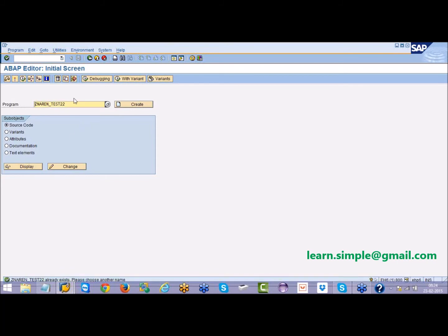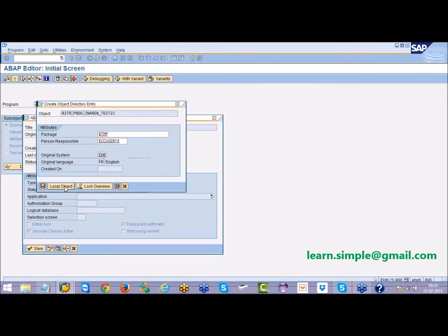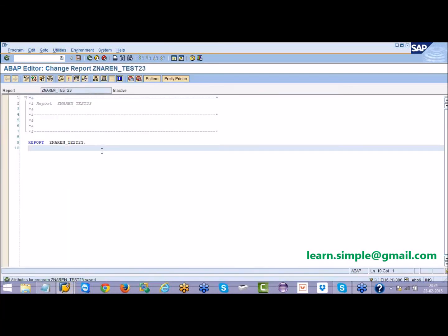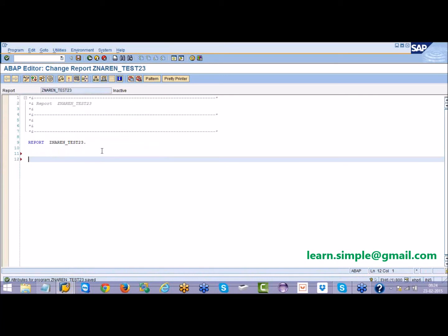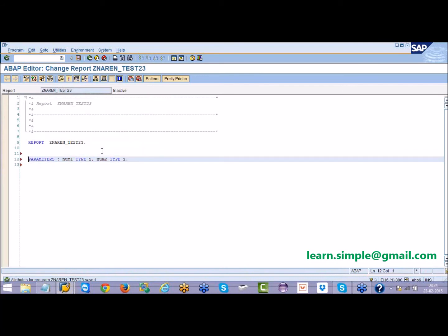So I'll create a sample program. I'll say parameters num1 type I, num2 type I, and I'll declare one variable here. I'll say perform do underscore sum.